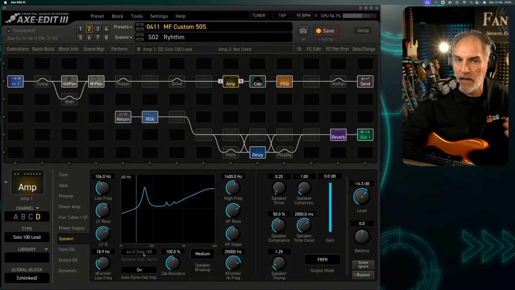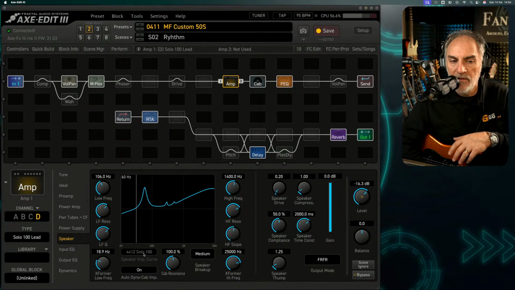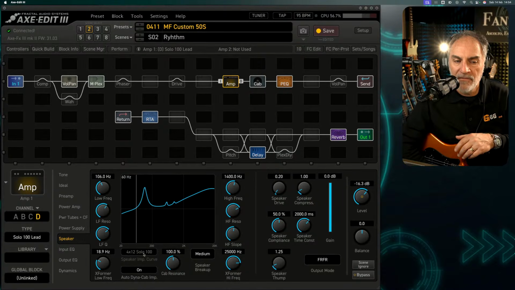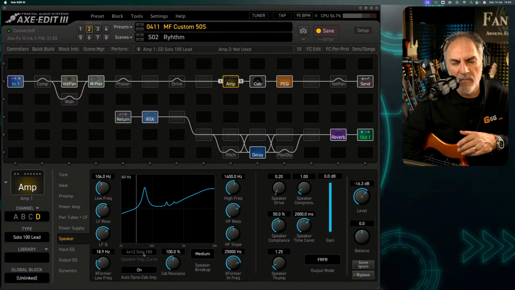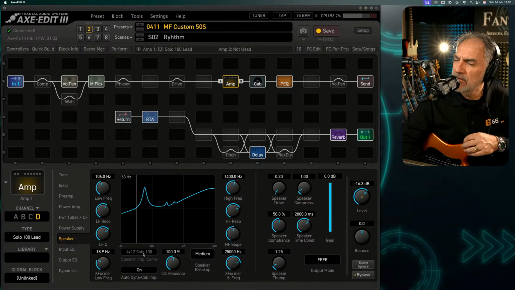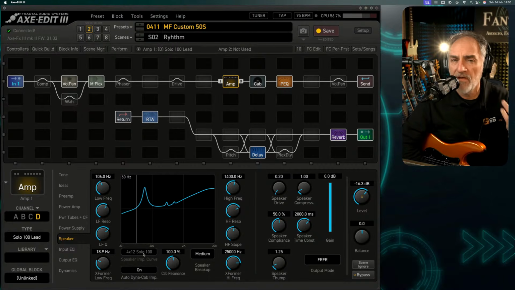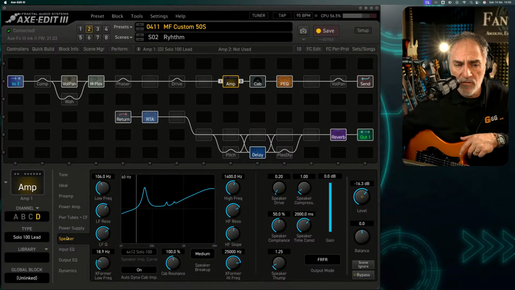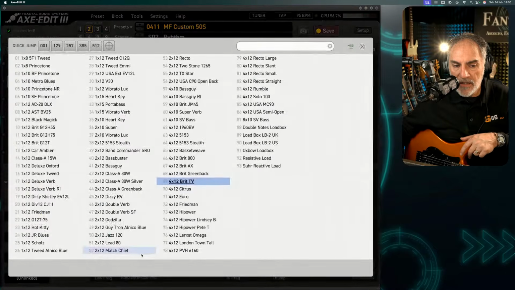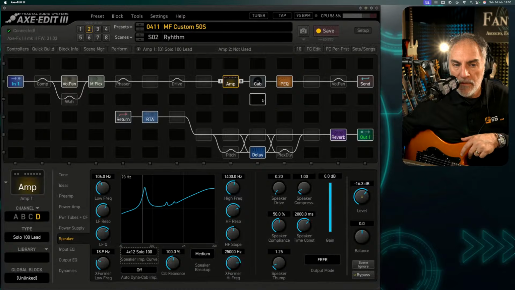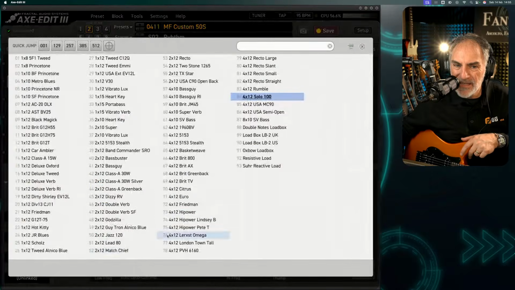In my case, I am now working with a Valhalla cabinet made by Marshall. It is a 4x12 speakers. Maybe they are G12 30. I don't remember, but to me it is much closer to the Brit TV, for example. As you can see, the curves are a bit different, and this is pretty significant